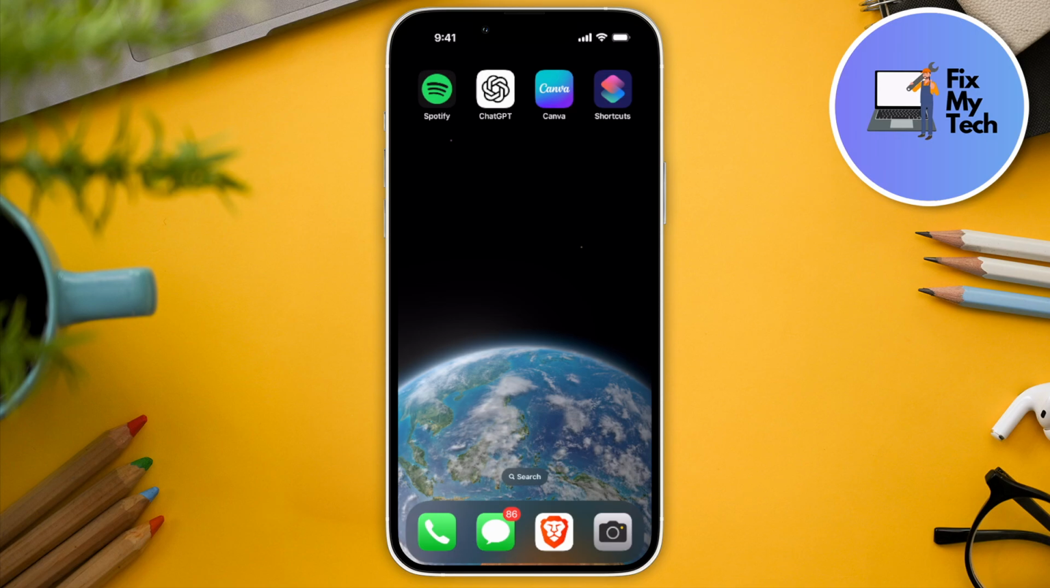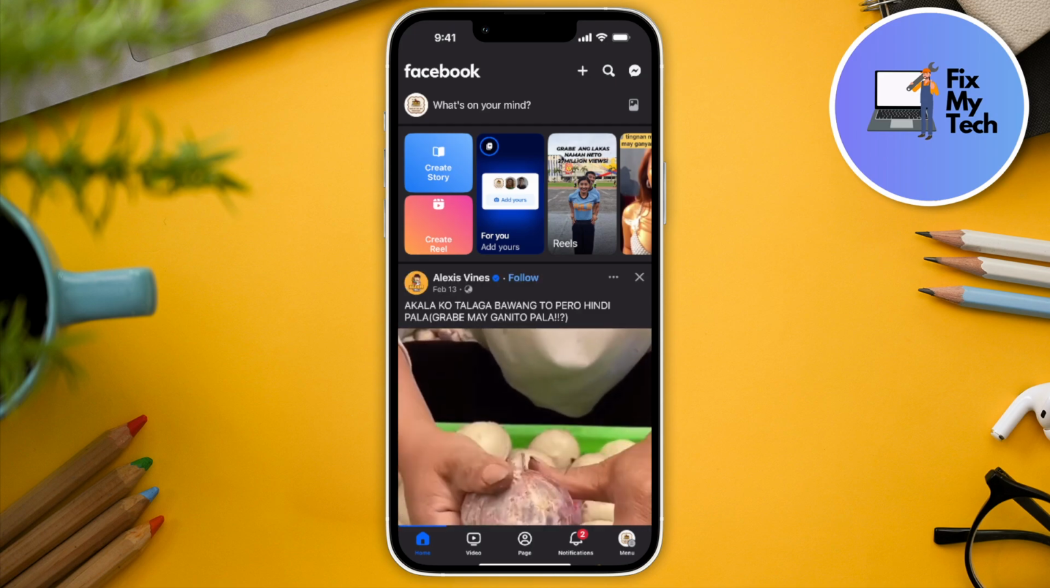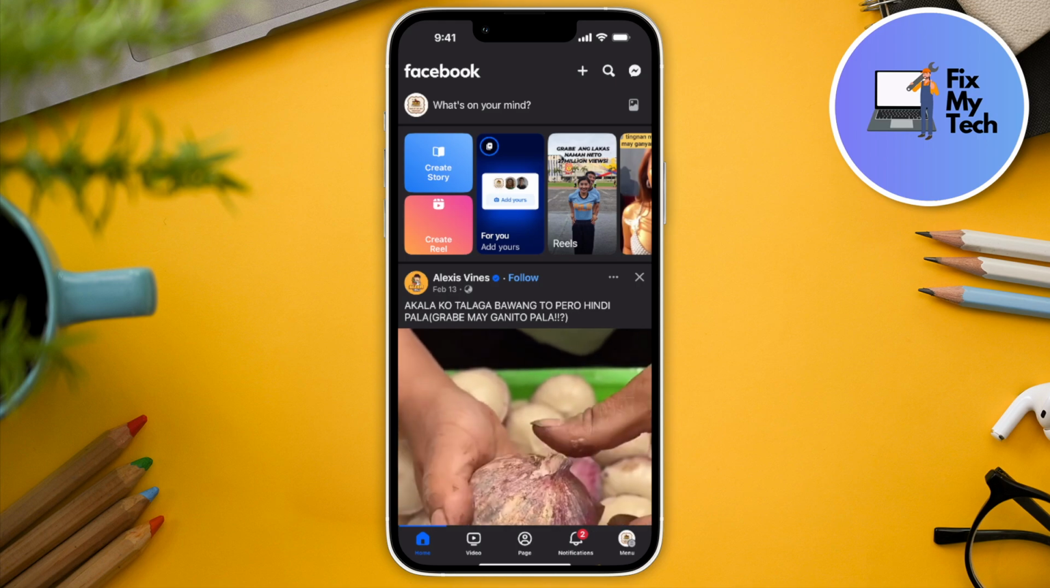Hello everyone, in this video, I'm going to be showing you how to change the like button to the follow button on Facebook pages. So the first thing we need to do is simply open up the Facebook app, and then we tap on the profile on the bottom right part of the screen,